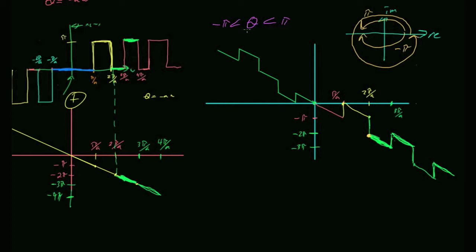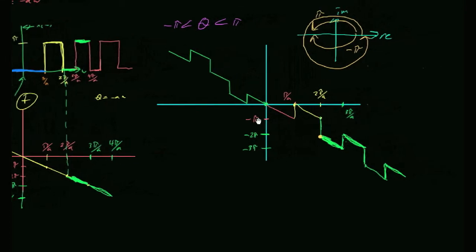The computer basically just says, well, 2 pi is the same as 0. Negative 2 pi is the same as 0. So when you look at this on the computer, you're actually going to see something that's a little bit different. Not a lot different, but basically you're going to see